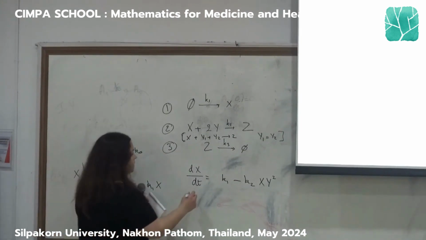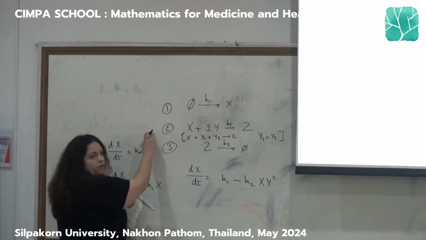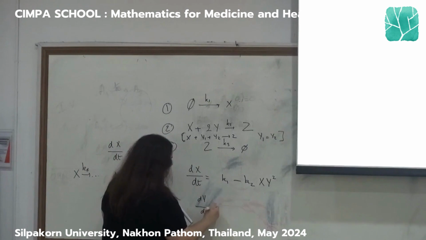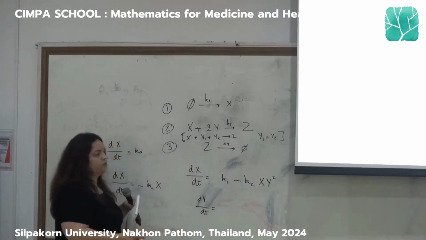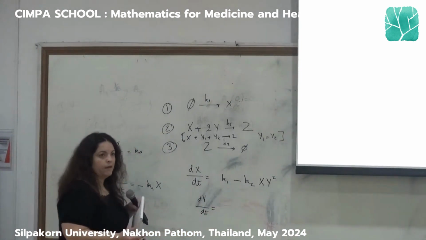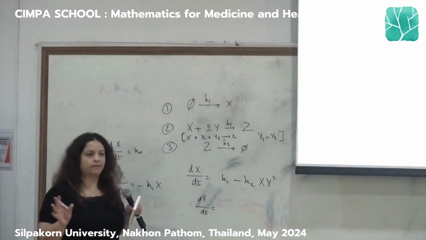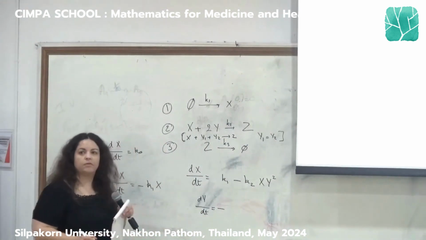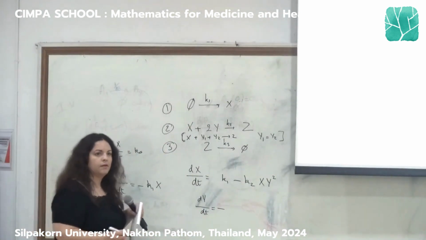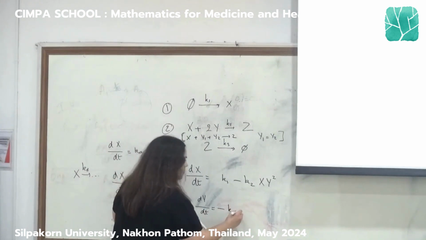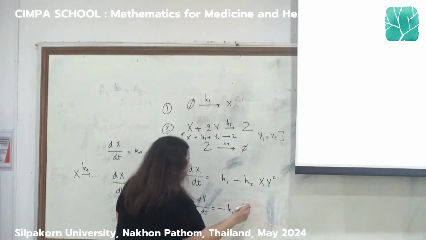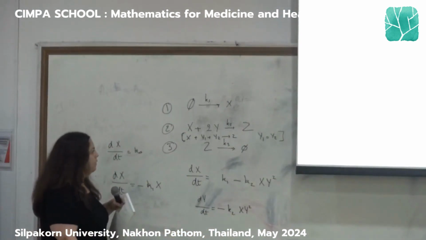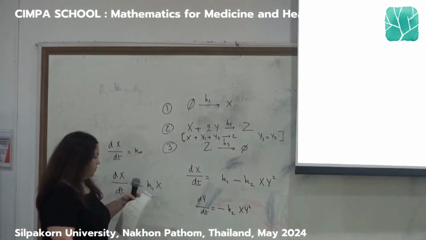Okay, let's continue. So now we have Y. So Y is only in reaction 2. So is it going to be plus or minus? Anybody? Minus, okay. And then K2, yes? Exactly. That's the same rate. So that's the same reaction. And then for Z,